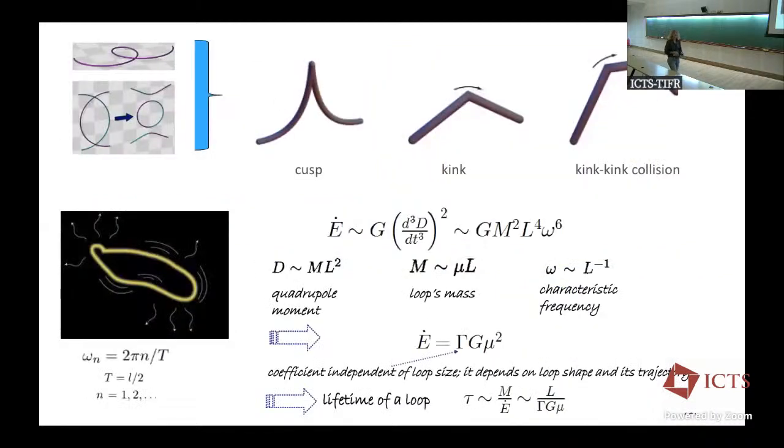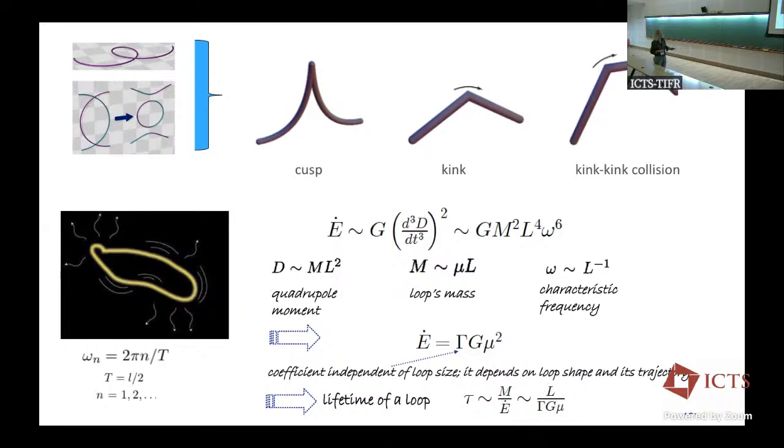Now, the strings have a point where they instantaneously propagate at the speed of light, which we call the cusp. Then, because strings intersect at points, they exchange partners, and then they form discontinuities, which we call kinks, okay? And kinks appear in pairs, and we will have emission of gravitational waves from the cusp, from the kink, and from the kink-kink collisions. So the strings lose energy, okay?